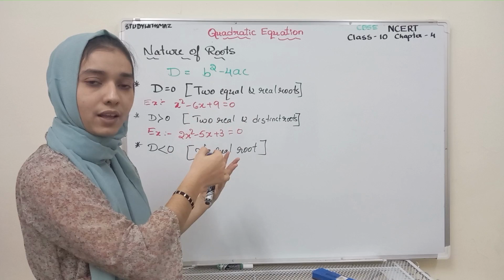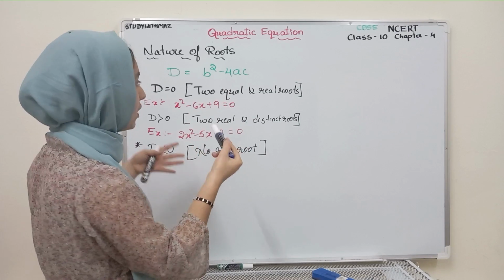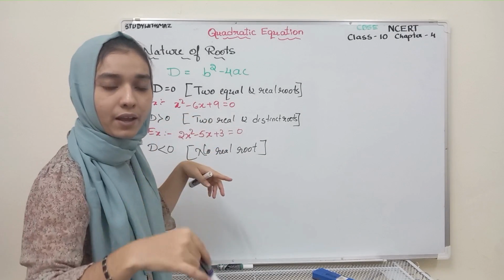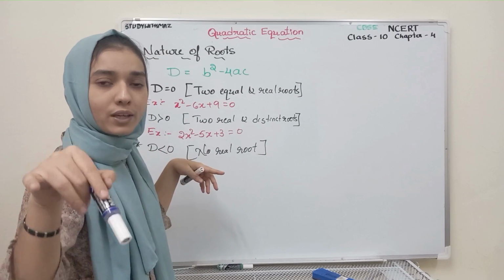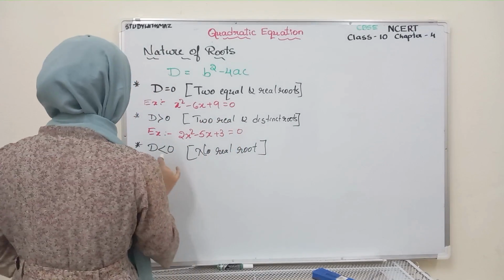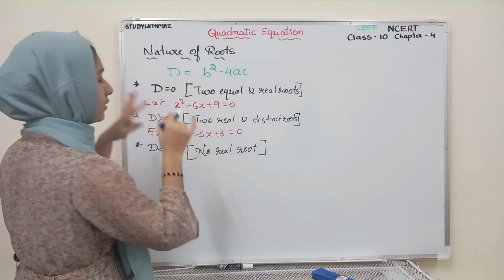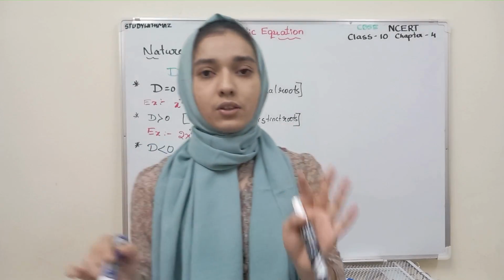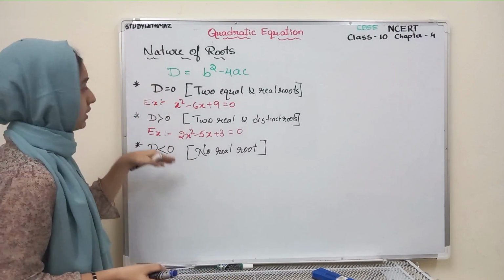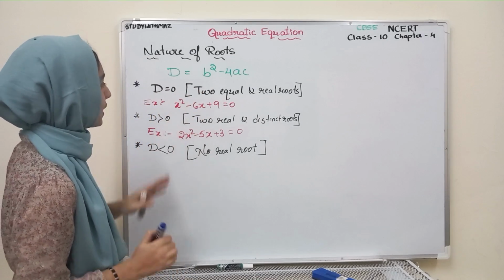As we have taken the example in our previous steps in the factorization method, 2x square minus 5x plus 3, where we got 3 by 2 as one value and x equal to 1 as the other value, meaning two different values. But they are real numbers. Okay, d is less than 0. If your d value is less than 0, then there are no real roots. You will not get real roots. Okay, let us see one by one. So I have taken d equal to, for the first example, x square minus 6x plus 9.